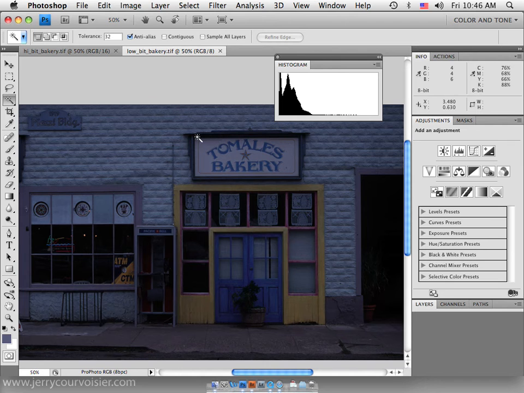Okay, Jerry Carvassier here, and I'm going to explore the difference between what we call high bit and low bit imaging. In this case we have 8 bits versus 16 bits, and in color correction and tone corrections it's essential to work with the 16-bit image file versus the 8-bit. So what I'd like to do is illustrate what happens when we work